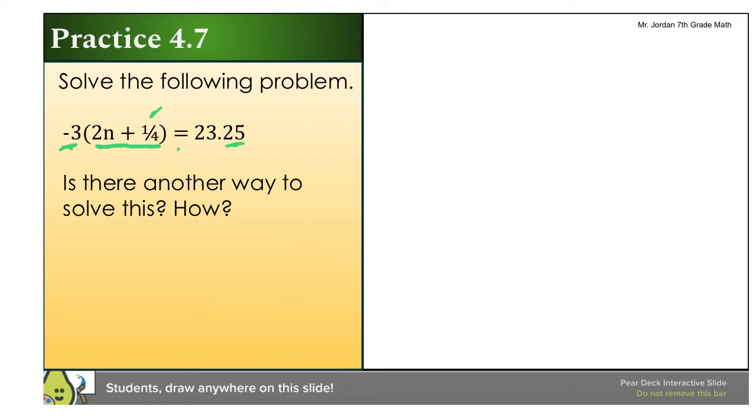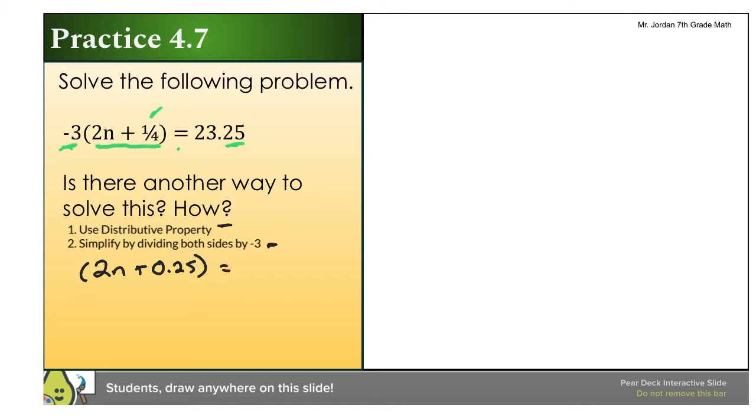So there are two different ways. We can do the distributive property, or to simplify, divide both sides. While there are two different ways of doing this, again, I'm only going to show one. I'm going to show the distributive property, but you can start off by dividing both sides by minus 3, and then you would have, as a second way, 2n plus, instead of 1/4, 0.25 is equal to, we would say,